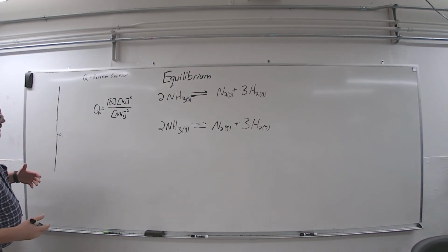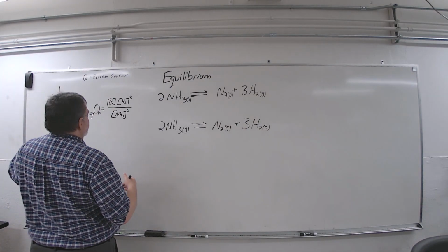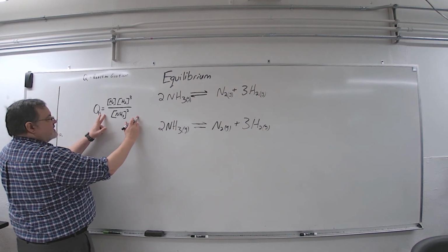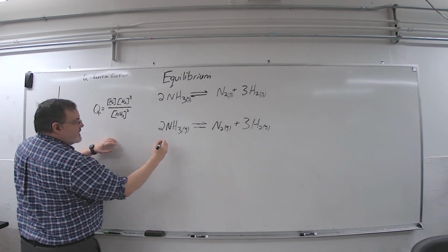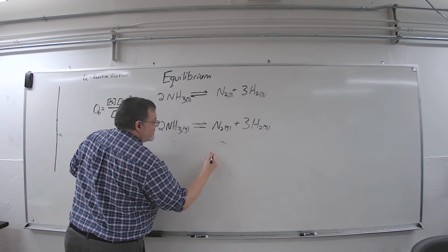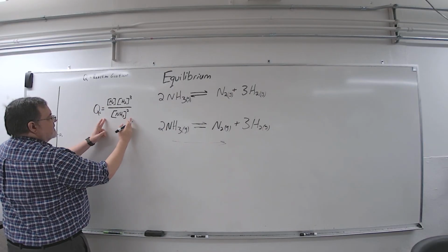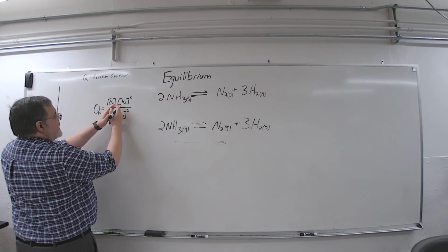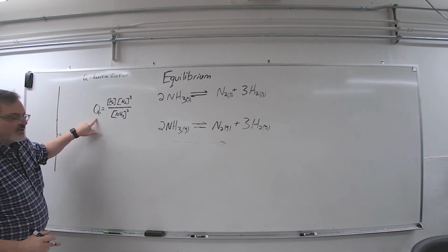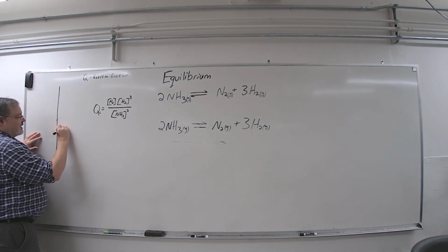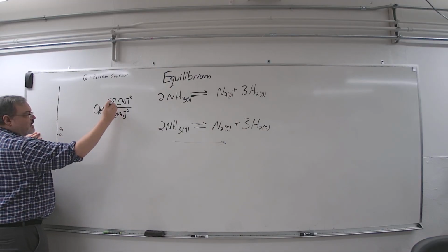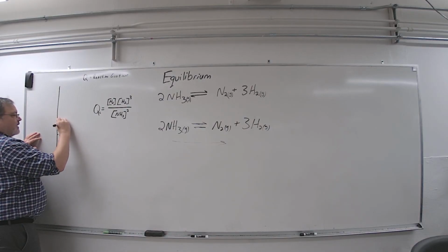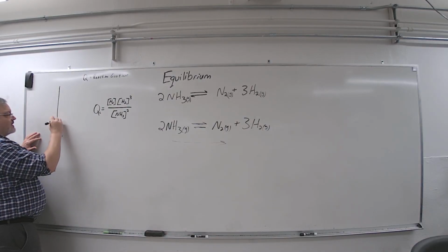Time goes on a little more. And let's say, for this case, I want this to increase. So let's say this is decreasing while the numerator is increasing. That is, we're in a process of going this direction and building up the products. So this is going down, and the numerator is going up. That's going to make QC go up, so I'm going to make that Q2. Time goes on, this continues, this gets smaller, these get bigger, Q3, and then we get to this special point